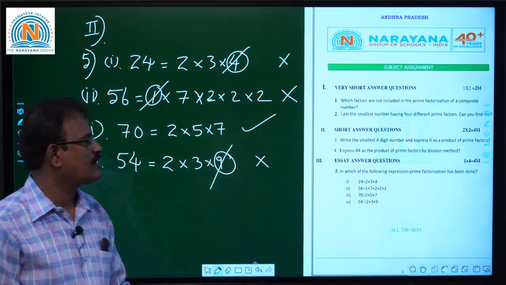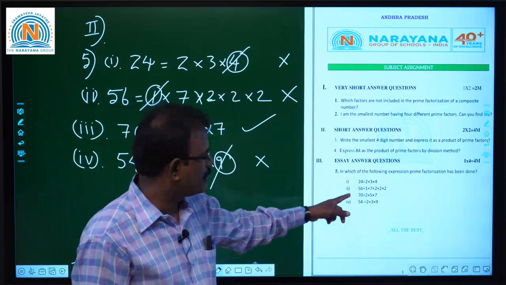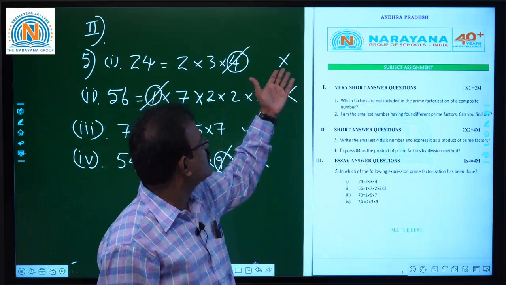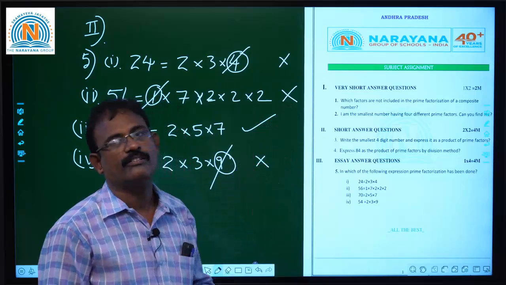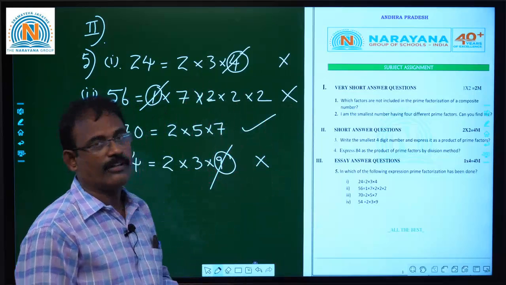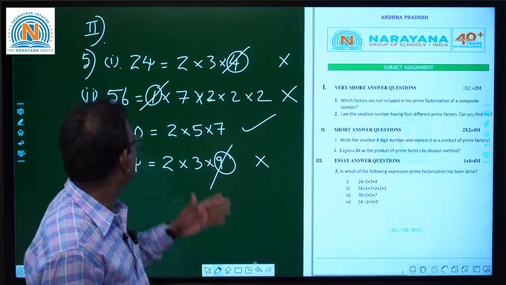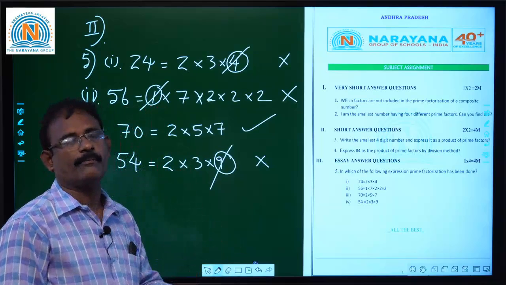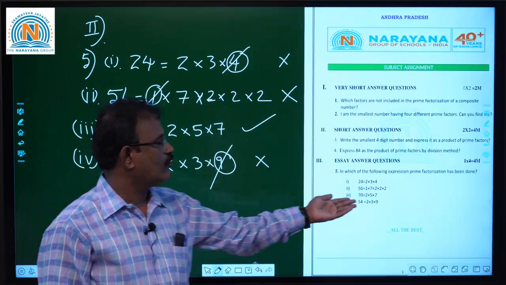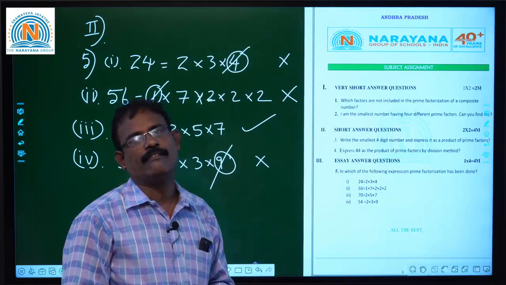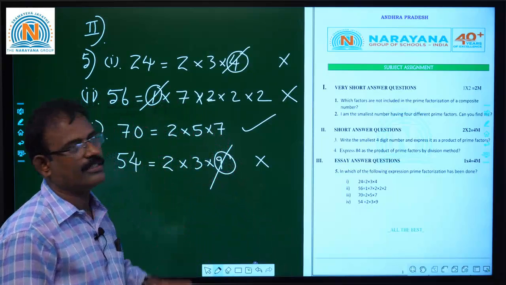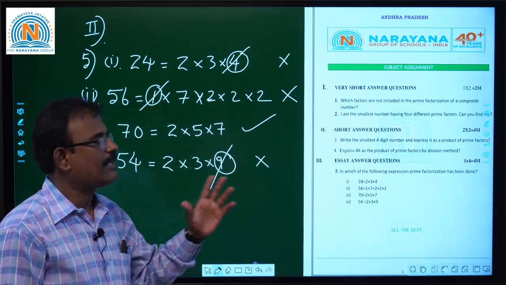So in this fifth question, my dear children, out of the 4 questions, except the third one, the remaining 3 are wrongly given. So the first one is wrong, the second one is wrong, and the fourth one is wrong, as composite numbers are involved in the product on the RHS, right hand side of the equality sign, and if you take the second one, 1 is neither prime nor composite, which is given in the RHS of the second one. But if you go through the third question, children, it is correctly given: each and every number in this product is 100% prime number. So this is the correct representation of expressing a given number as a product of primes.